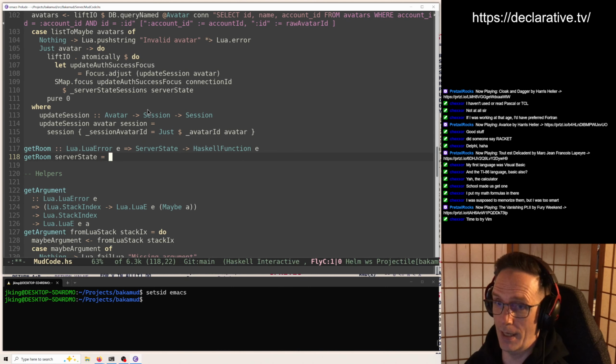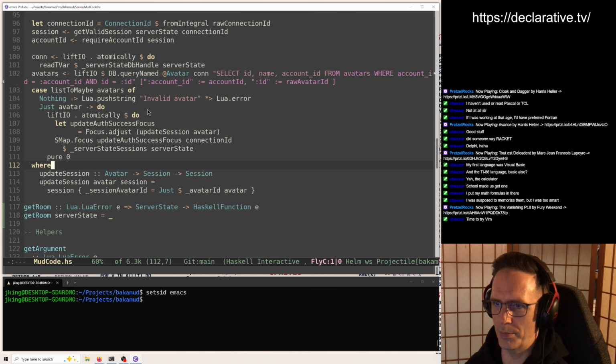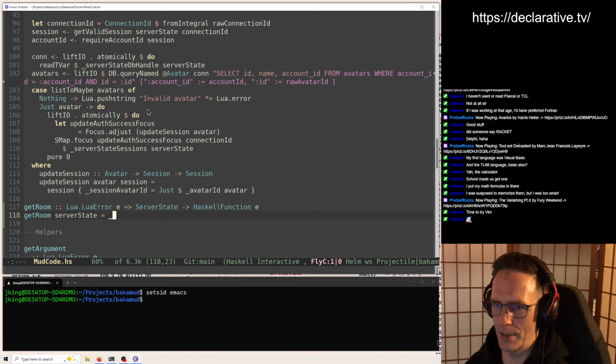I was a big Vim user for a long time before I switched to Emacs. I think at this point it would be hard to go back. I think I've been using Emacs longer than I've been using Vim. When I switched to Emacs, I'd been using Vim for about 10 years.